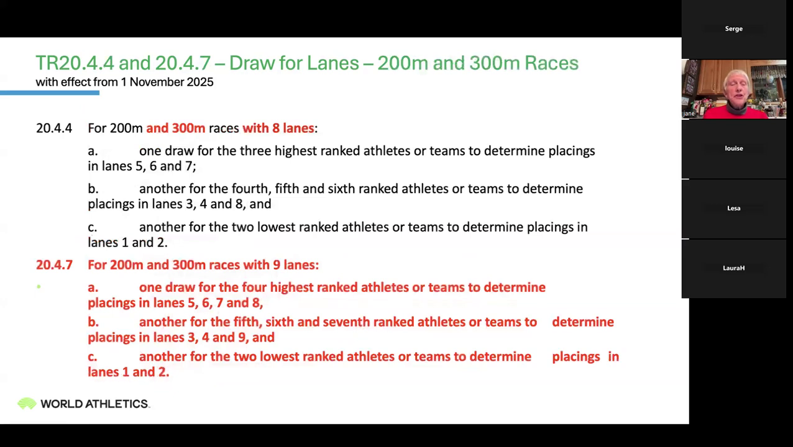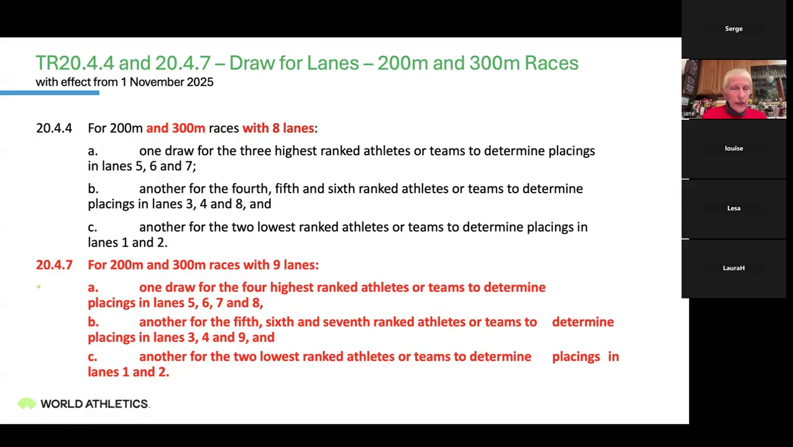Now we're talking 200 or 300 meter races, 8 lanes. As before, the 3 highest ranked athletes get placed in lanes 5, 6, and 7. The second draw is for lanes 3, 4, and 8. And the final for the 2 lowest ranked in those oval races, nobody wants to be in lane 1 or